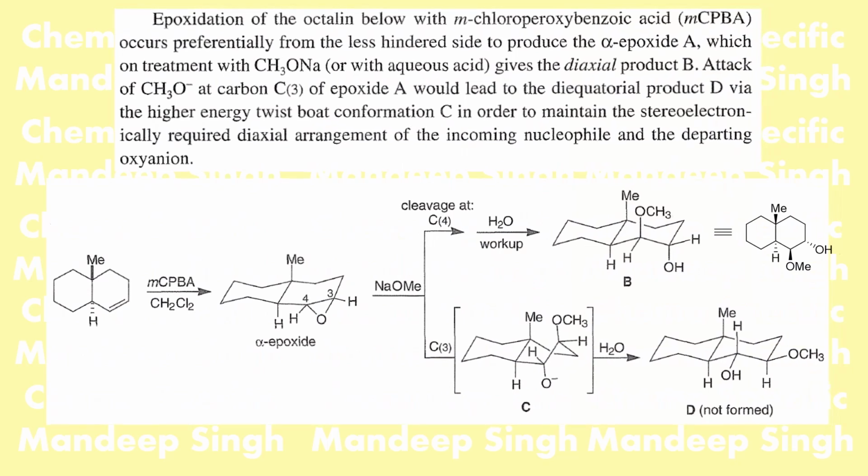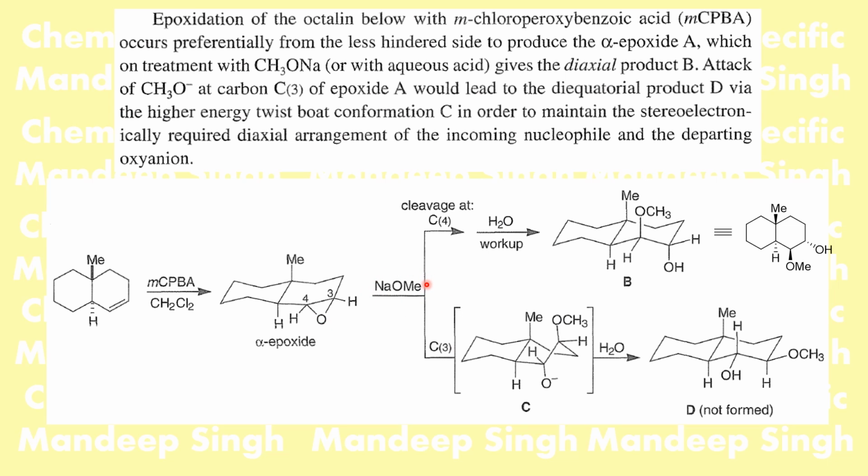और इसका जो लास्ट एग्जाम्पल है जो मैंने लिया है इस पूरे के पूरे वीडियो का, it is this example. अगेन MCPBA से आपने इसको ट्रीट किया तो MCPBA सबसे पहले क्या इपॉक्सीडेशन क्या हो रहा है, अल्फा फेस से हो रहा है, ठीक है. This is alpha epoxide, meaning the methyl group is coming out of the plane, so the epoxidation will take place from below the plane. Now when you add the sodium methoxide in this one,